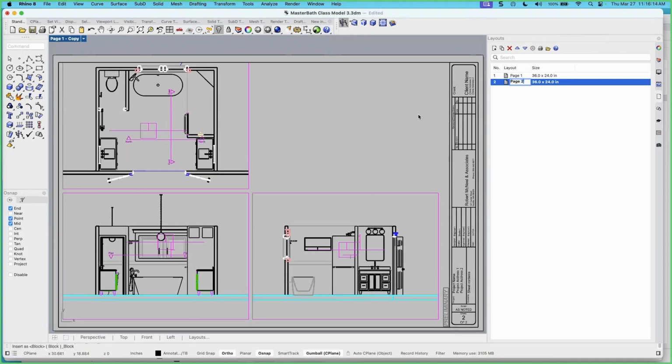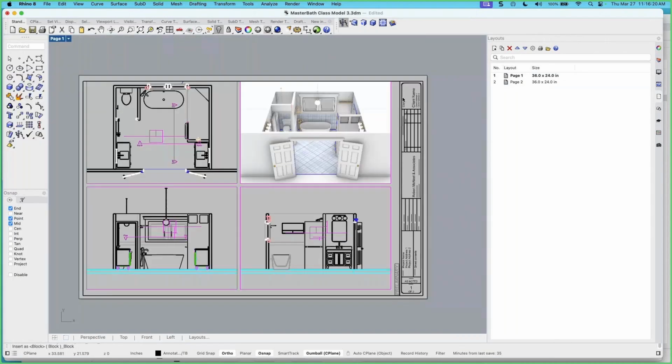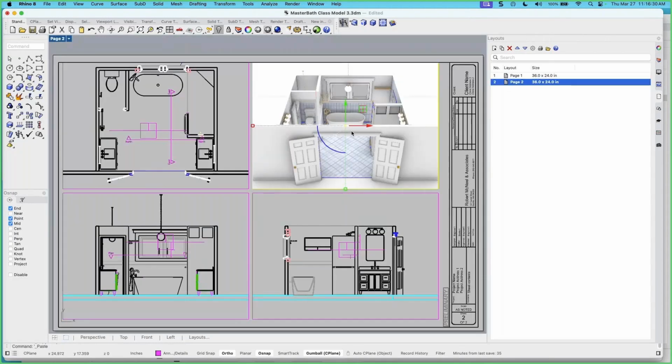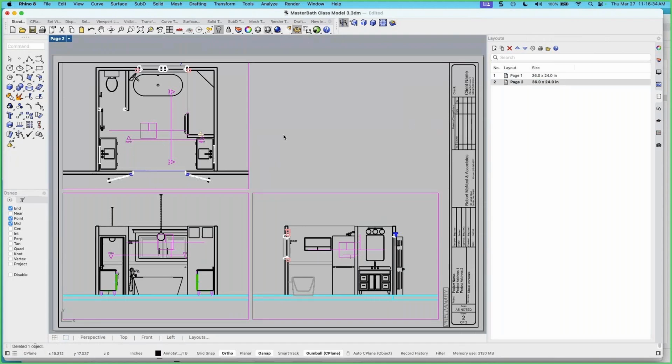Something strange about that, or maybe I moved my mouse and interrupted, but these are almost identical. I could pick this and copy it with Command C and then go to this view and then Command V to bring it back. I really don't want it there. I'm going to leave it here,